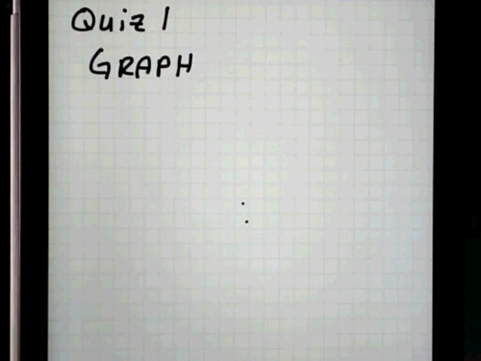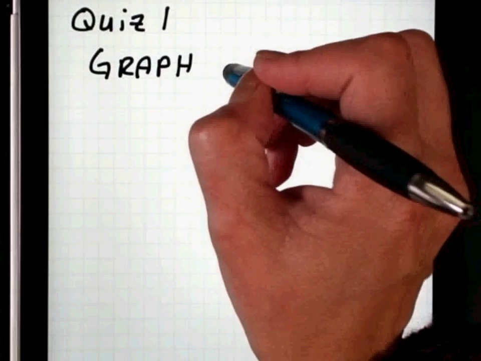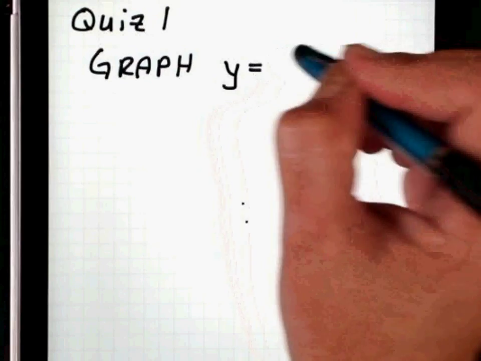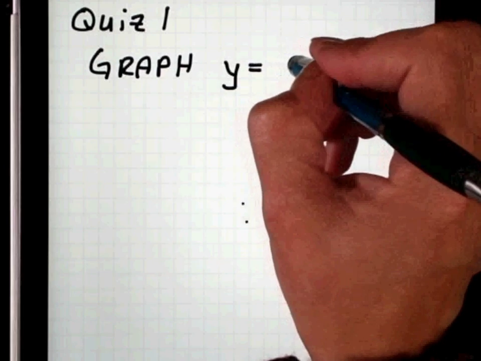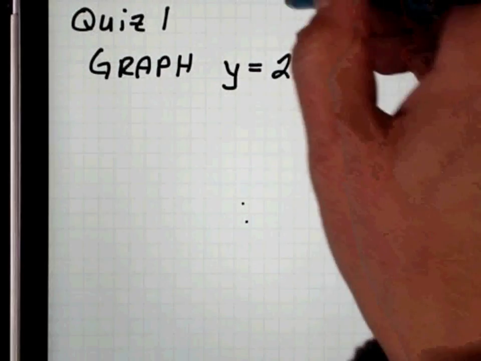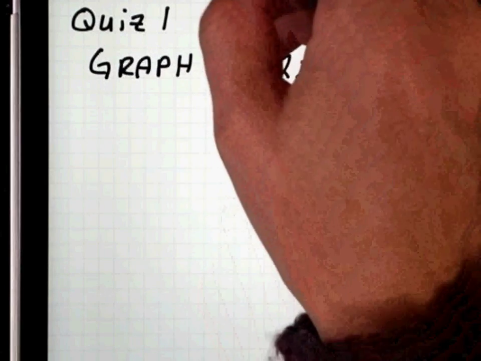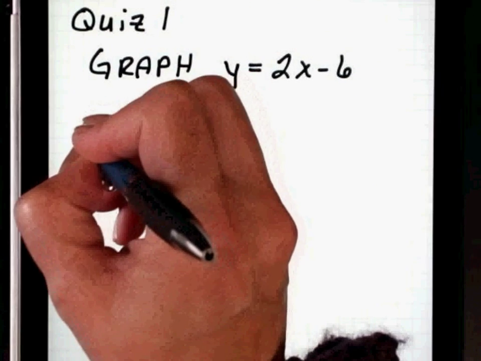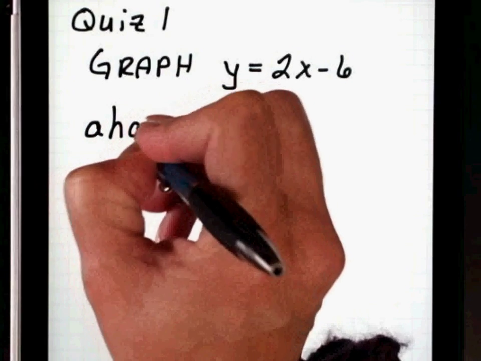y equals 2x minus 6. Just make yourself a grid line or a coordinate system, sketch that graph, snap a picture with your phone, and email it to me. And my email address is